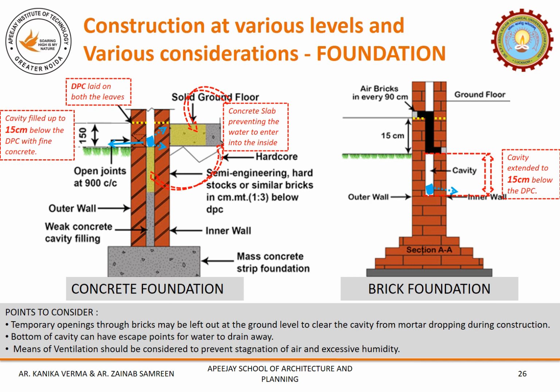In the second case of brick foundation, the cavity should be at least 150 mm below the damp proof course for the purpose of letting the collected water drain downwards and to avoid any condensed moisture. Similarly, the bottom of the cavity should lie at least 150 mm above the outside ground level. Here the DPC in this case has been laid separately and an air brick has been provided immediately above the DPC course.